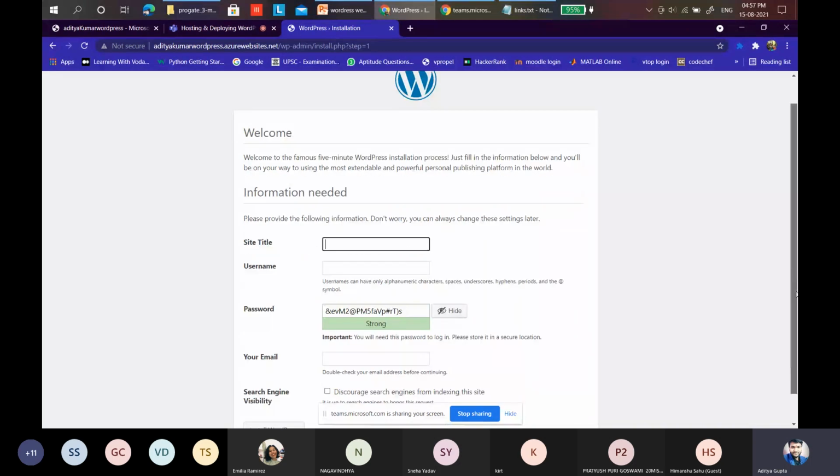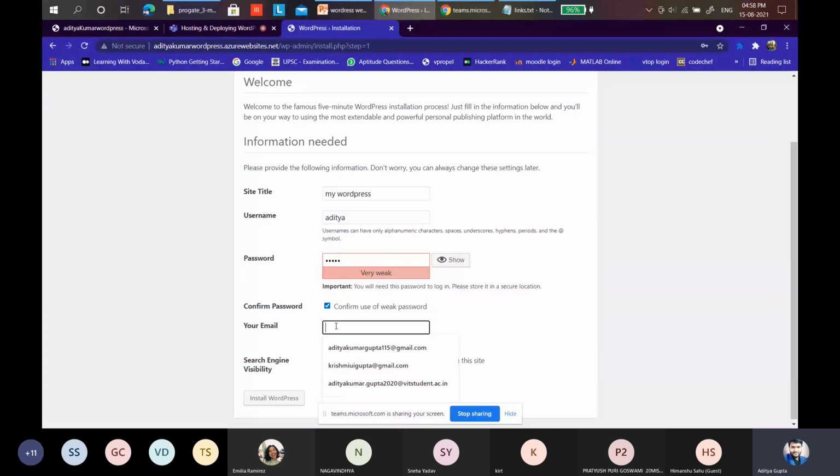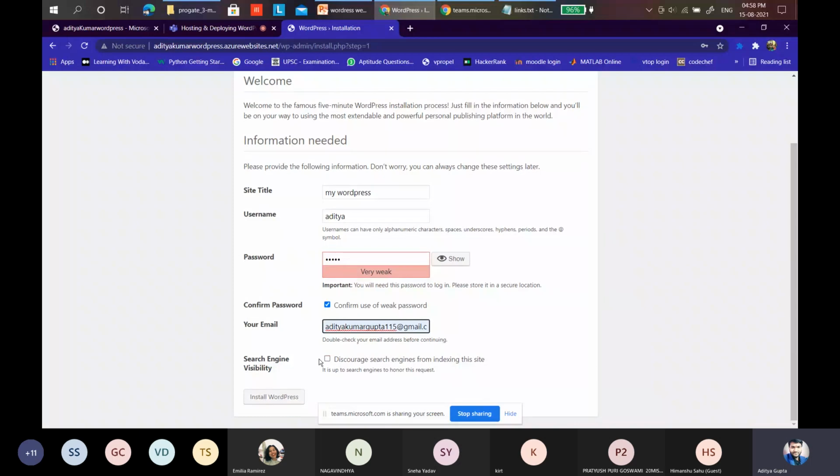Okay, so let's give the site title as my WordPress, username, say my name only. I can't remember this long password, so I can just keep it. Confirm the password. Set my email. Don't check this box, just check this box and click on install WordPress.